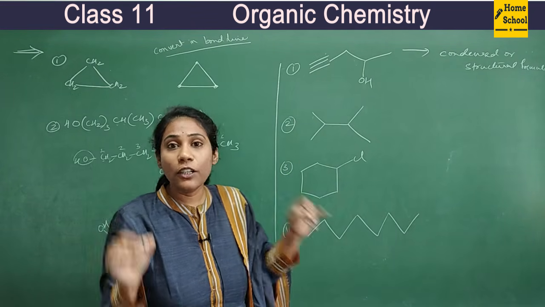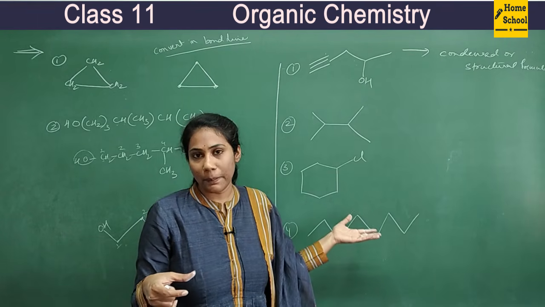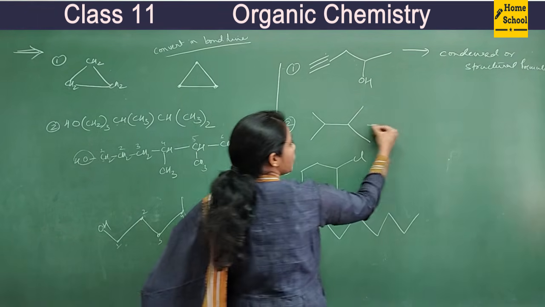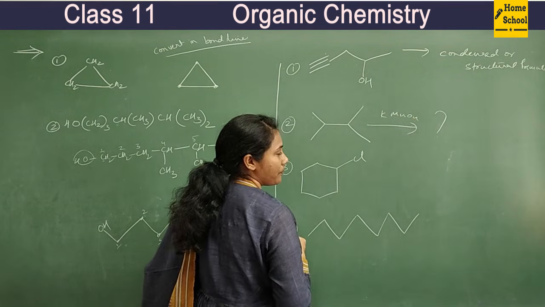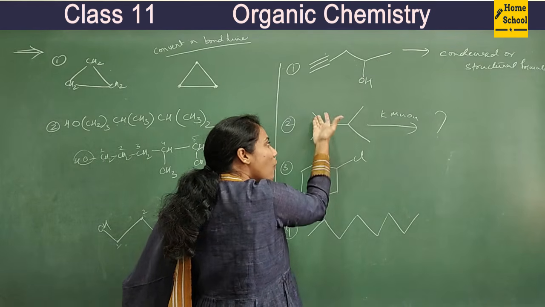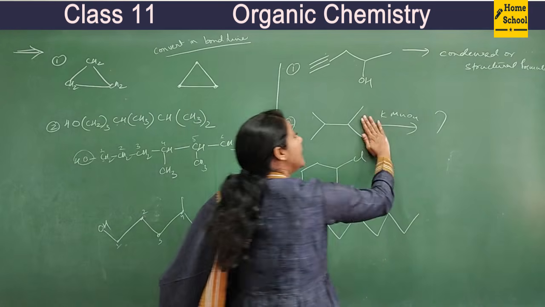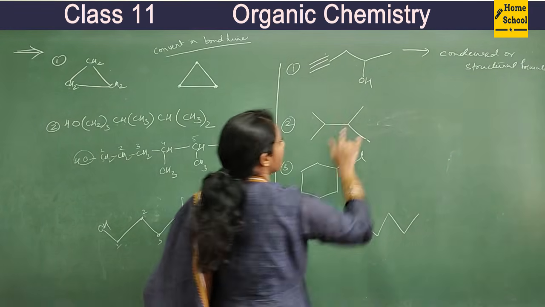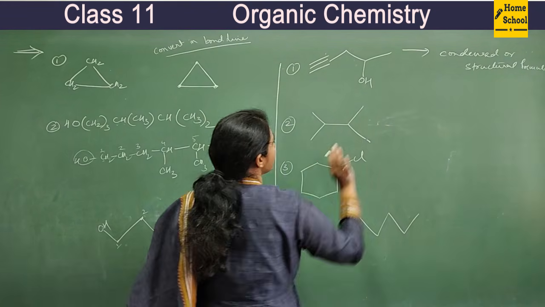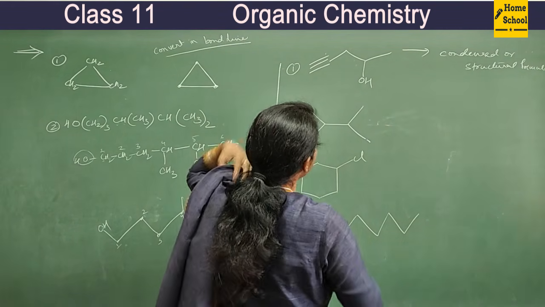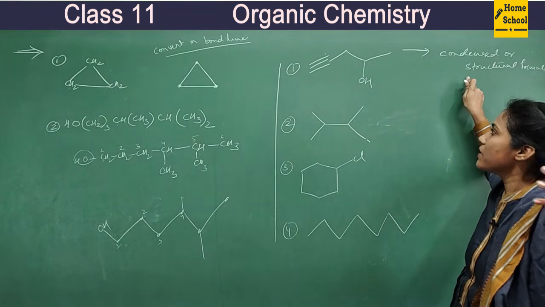Okay, so most of the questions in organic chemistry they will ask in the form of bond line format. Okay, so they will say this is the structure, this has reacted with KMnO4, what is the product, they will ask you. Here actually you must know what exactly this structure is, then only you can think of a reaction and product, right? So it's very important to understand bond line representation. Okay, fine. So now let's convert this into normal structure. This is very easy, guys, you need not struggle. So converting bond line into normal condensed formula is very, very easy.